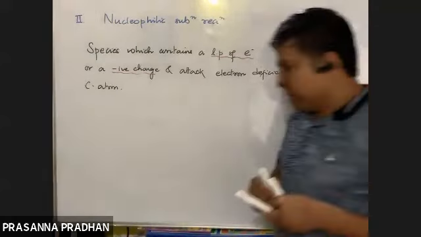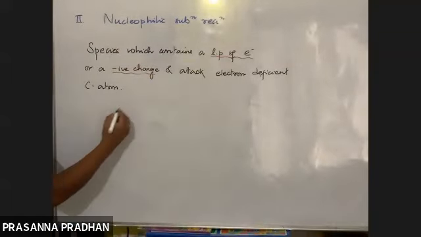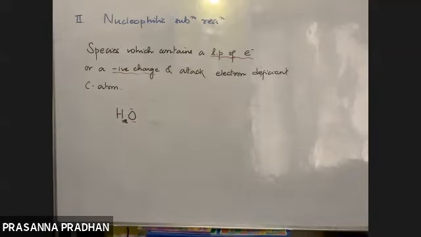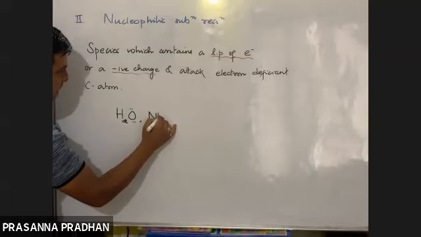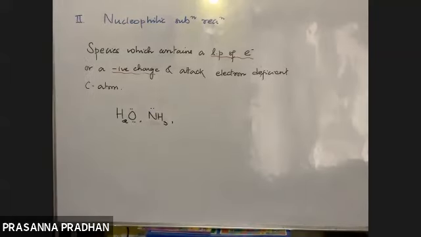Okay. So what are some examples of nucleophiles? If we talk about neutral ones, there is water. It has a lone pair of electrons on oxygen. So this oxygen atom containing the lone pair attacks the electron deficient carbon atom, not the hydrogen, the oxygen. On the other hand, we have ammonia. It contains a lone pair on nitrogen, so it behaves as a nucleophile. The nitrogen is the nucleophilic atom.